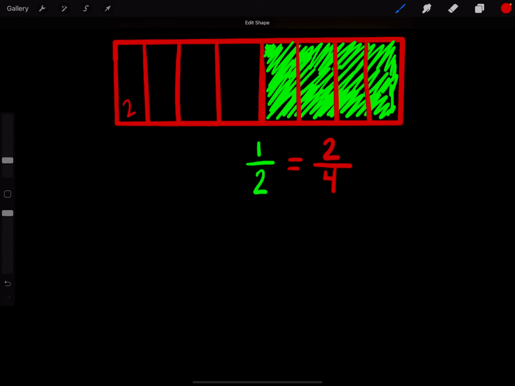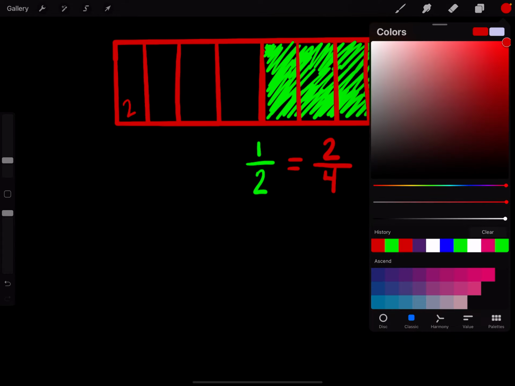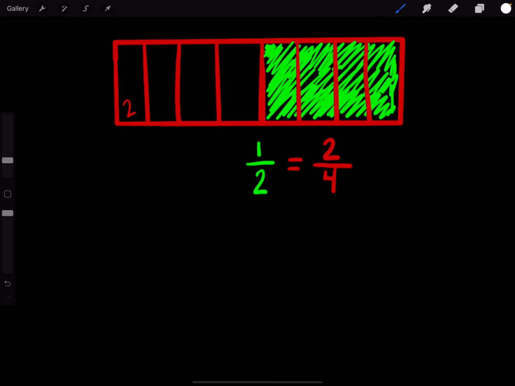What are we looking at? 1, 2, 3, 4, 5, 6, 7, 8 is the whole. And we know that now 1, 2, 3, 4 are shaded. So we can say 1/2 is equal to, or equivalent to, 2/4, and it is equal or equivalent to